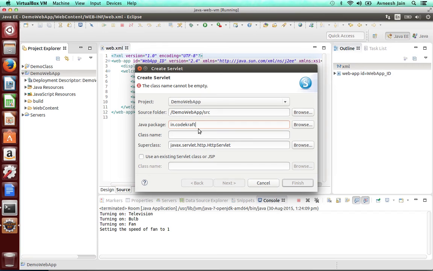So ours is codecraft.in, so I'm just going to call it in.codecraft, and then I'm going to give the class a name. Okay. And this is the class name. So by default, all servlets extend this superclass known as